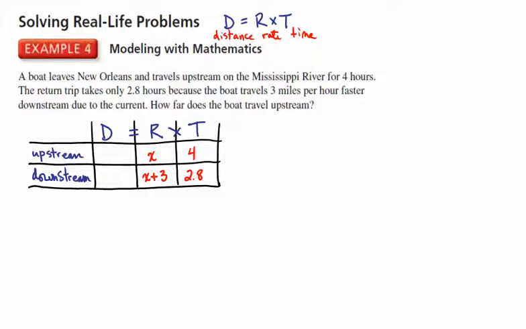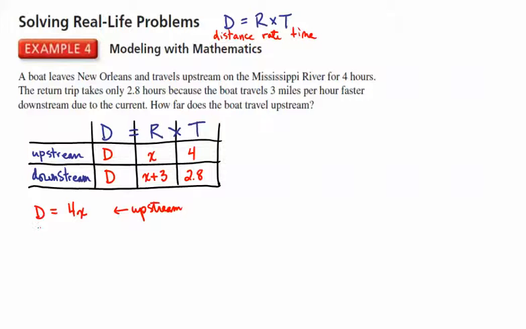Now it doesn't say anything about the distance, except we know that the distance traveling upstream is the same as the distance traveling downstream. There's nothing to lead us to believe that the distances aren't the same. So we can simply say whatever that distance is doesn't really matter. And from this I can make two equations. The first equation is that distance is equal to x times 4, but we'll write it as 4x. So that's our upstream